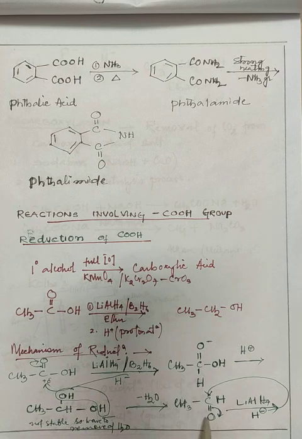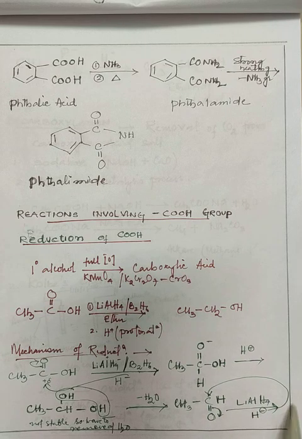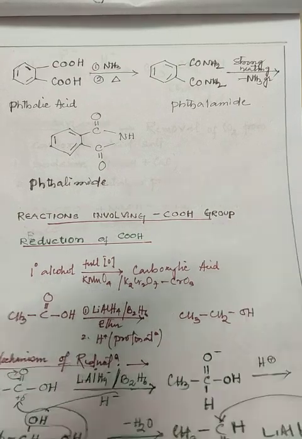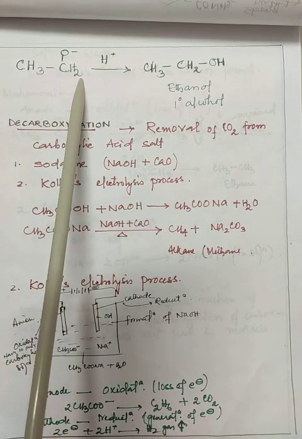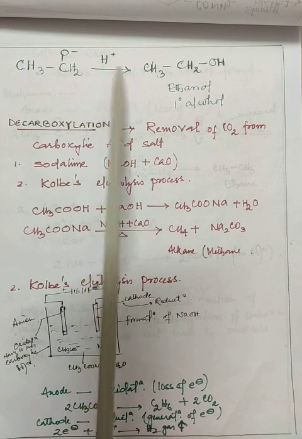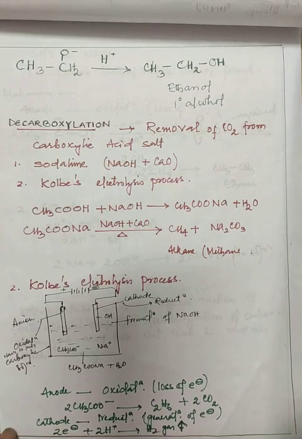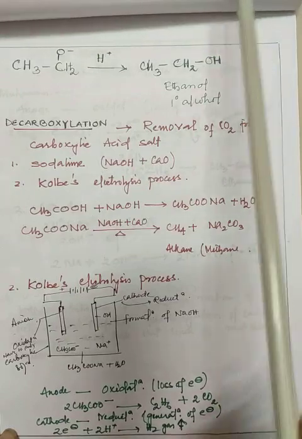So removing water, then we will get CH3 CH double bond C double bond O, then H. Then from here a bond breaks, one bond of the double bond breaks and is given to this oxygen, and in acid medium that one will again be connected to this. When it is connected to this, we do the reduction, then we will get CH3 CH2 O, then again reduction, then we will get ethanol. So whatever we are writing above the arrow, that hydrogen is reduction only, because the topic is reduction.